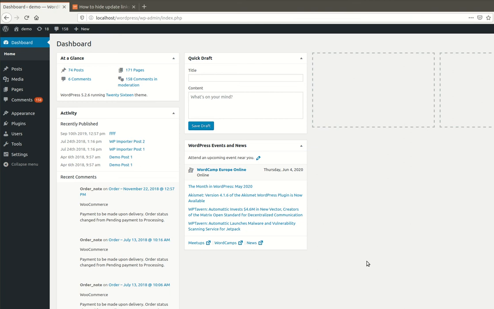So this is the setting I have explained. The advantage is that you can hide the update links within 1 minute only. And there are many disadvantages to following these steps.